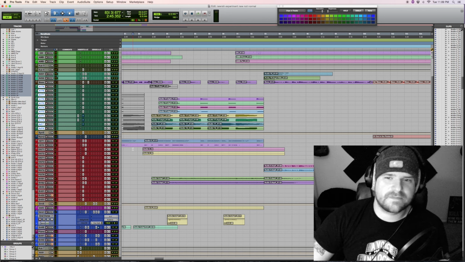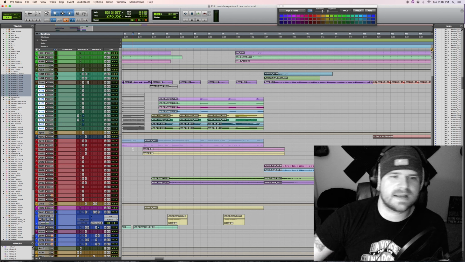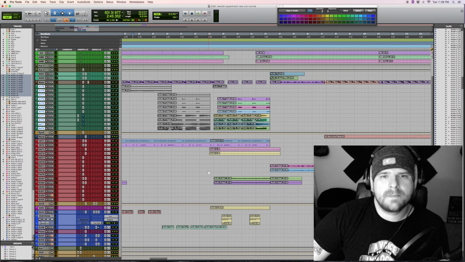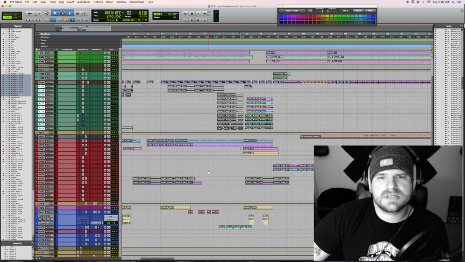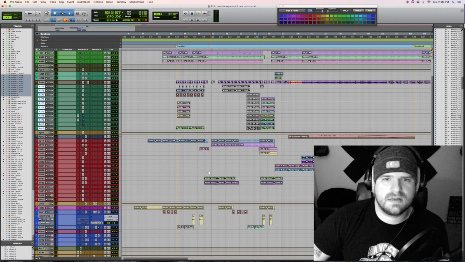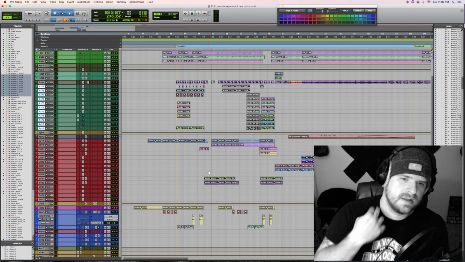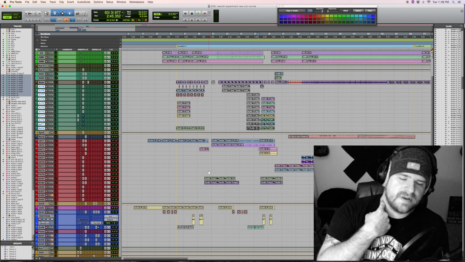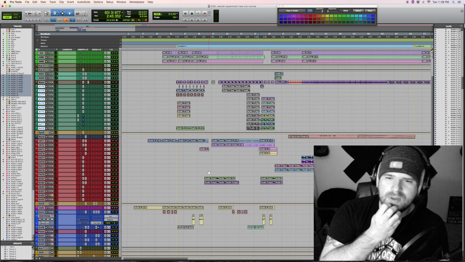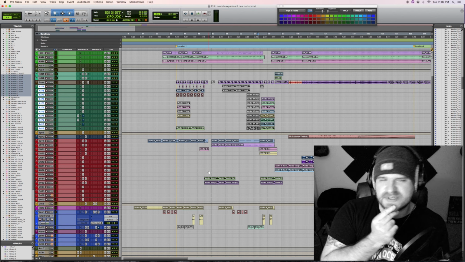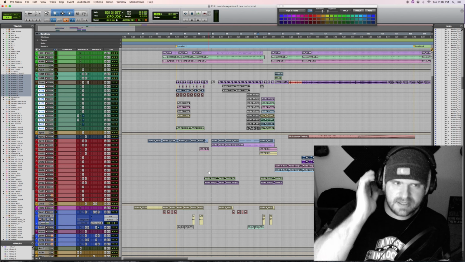So that's the first half of this song. The second half isn't as complicated, but just to give you an idea what a song can look like when you start adding element on top of element, and you start trying to get creative. You know, when we write music, especially mixing engineers, when we sit here and we try to